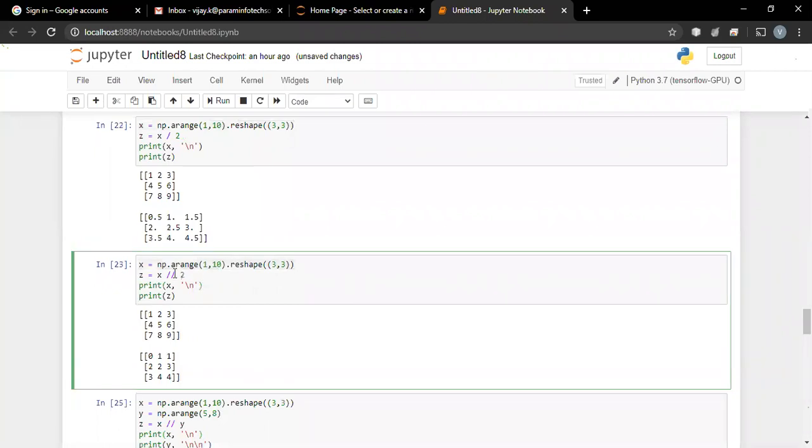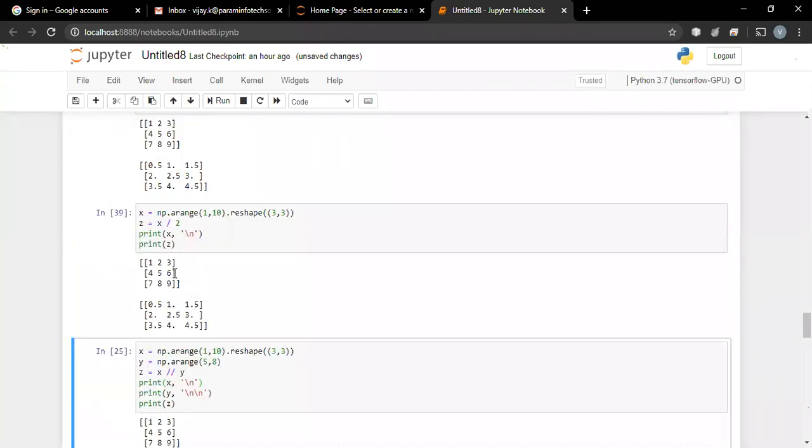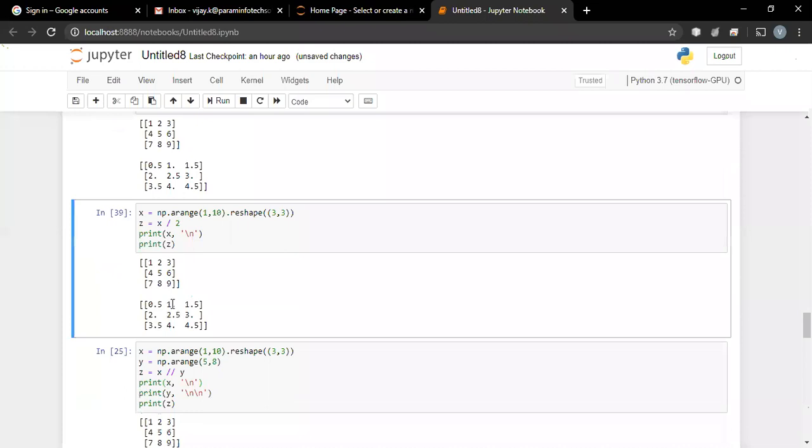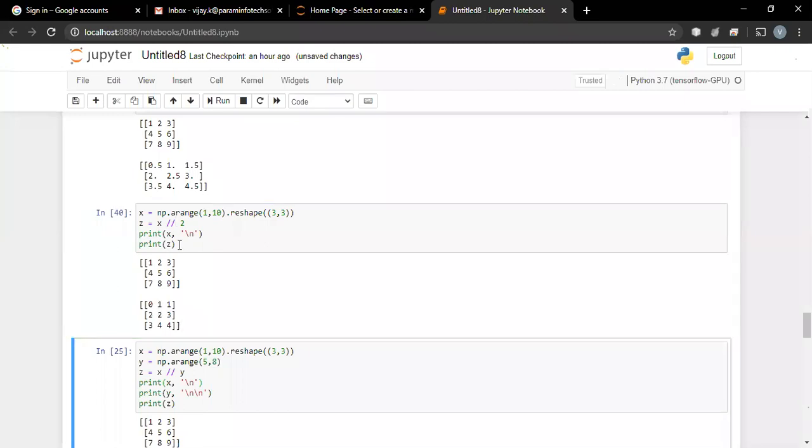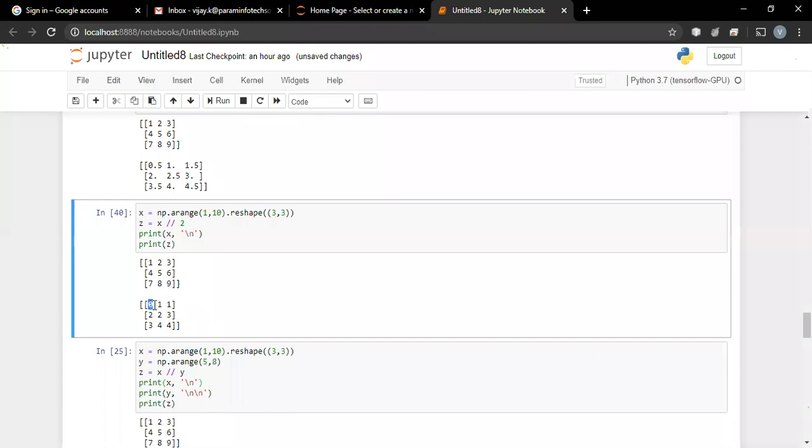So if I divide an array by 2, numbers become floating point numbers. But if I use the double slash operator, the double division operator, then it takes only the integer part. It crops the remaining part. That is, if it's 1.4, it will keep only 1.